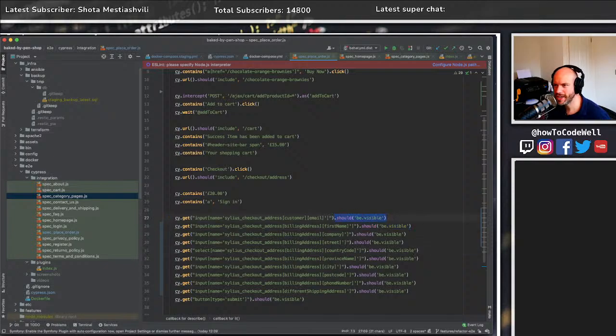Right, so instead of checking whether it should be visible, let's do type. Now, obviously, if you can't type in the box, then it's not visible. So we're going to put in some dummy info. So let's do test123@baked-by-pen.local. I don't know if that's going to .com. There we go, and then we'll change that over to type,